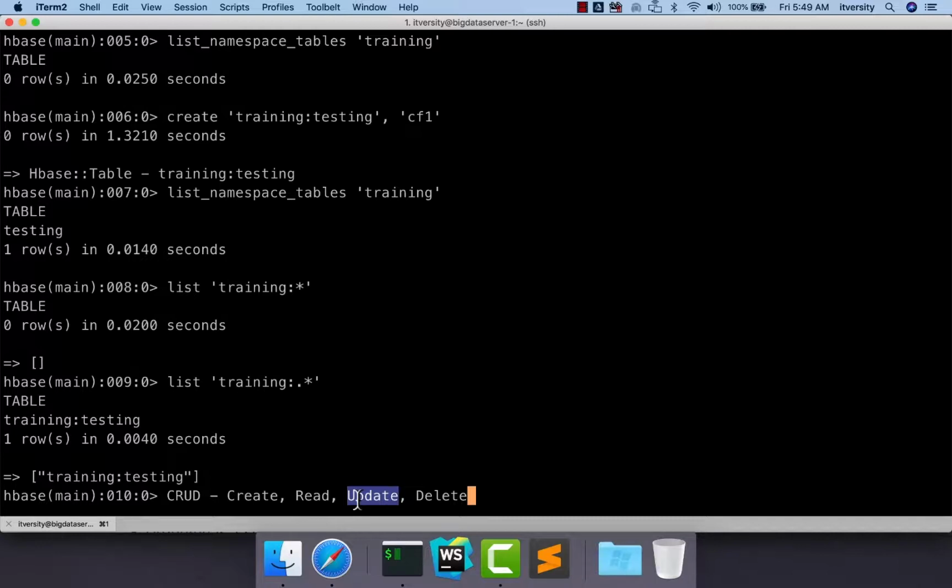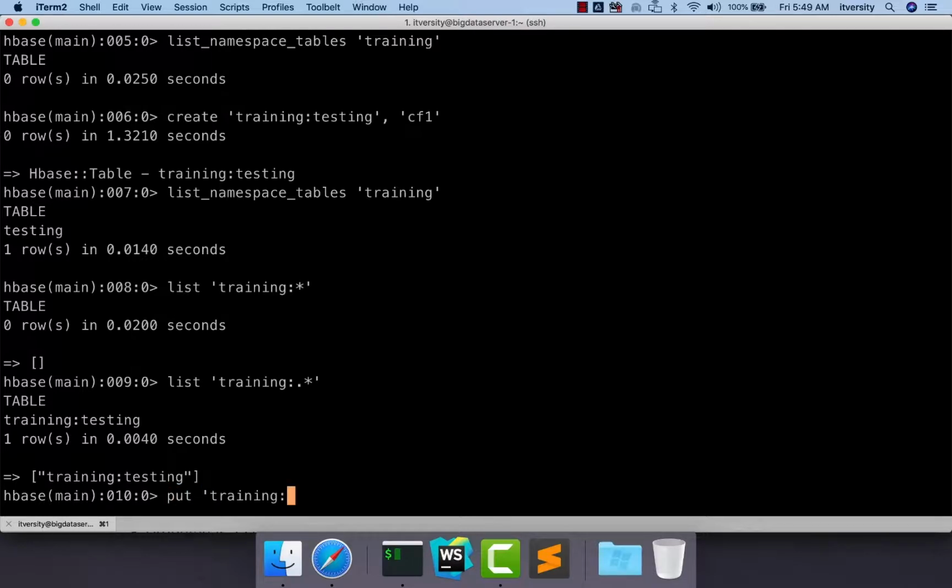And the past values for a given key will be kept as history, and you can control how much history you want to retain for each and every cell within an HBase table. A cell is nothing but a combination of column name and value. That being said, to perform create or update operation, or insert or update operation, on an HBase table, we just have